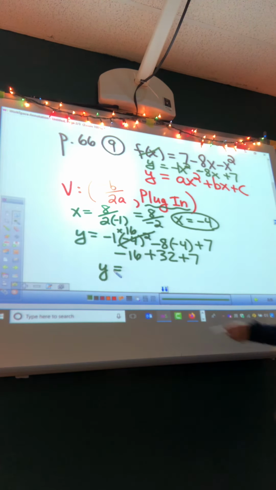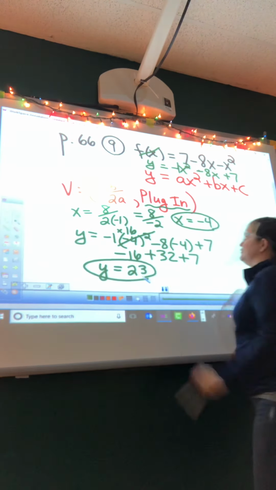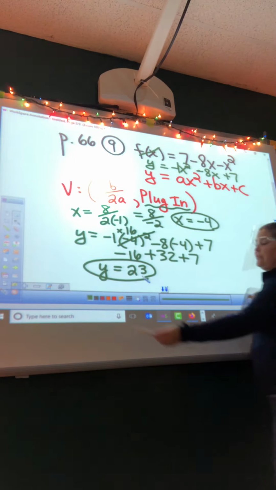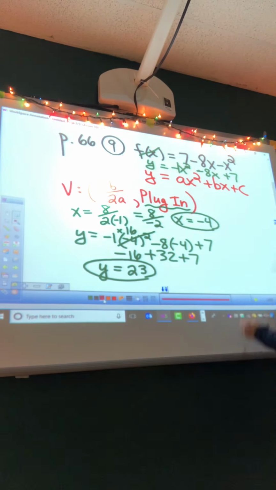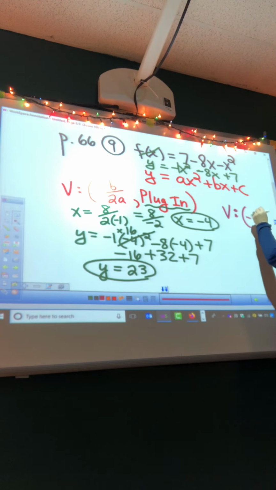Big number? That's my y of my vertex. So right now we found our vertex. Negative 4, 23. All right, it did ask for the axis of symmetry, which is always the line x equals the h,